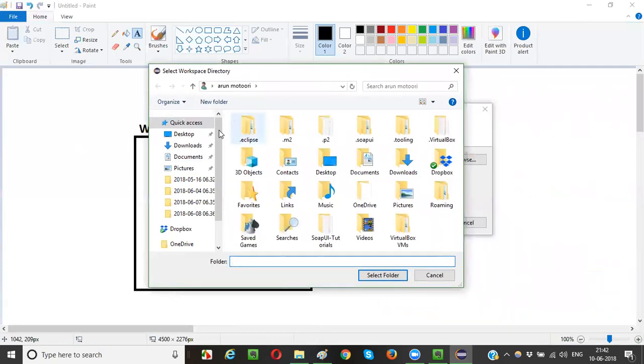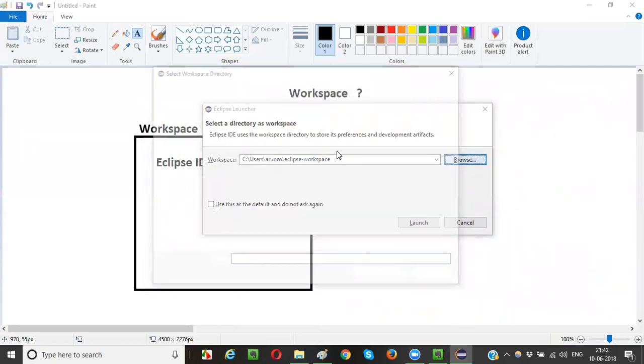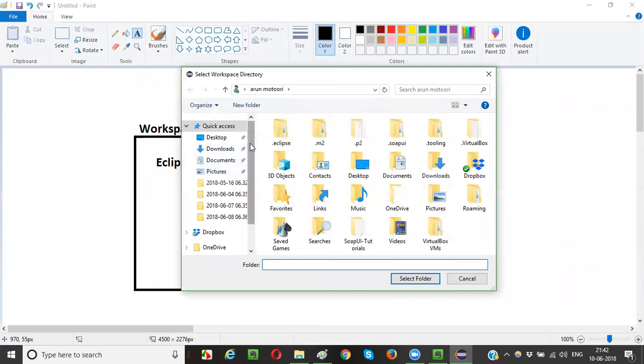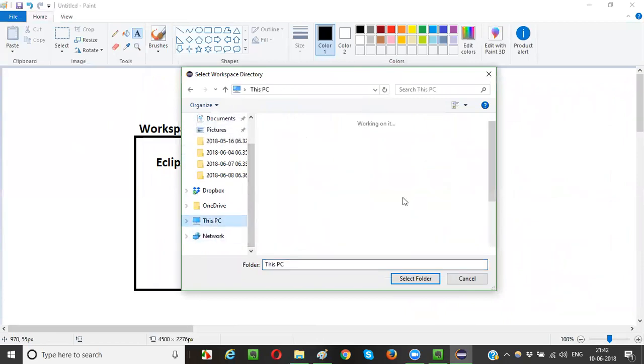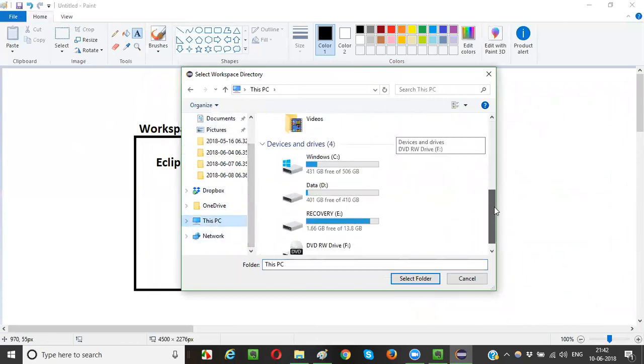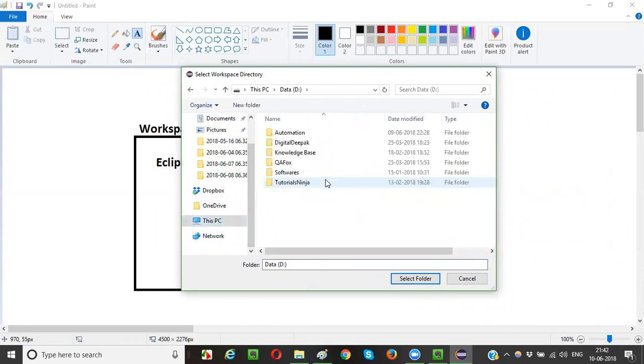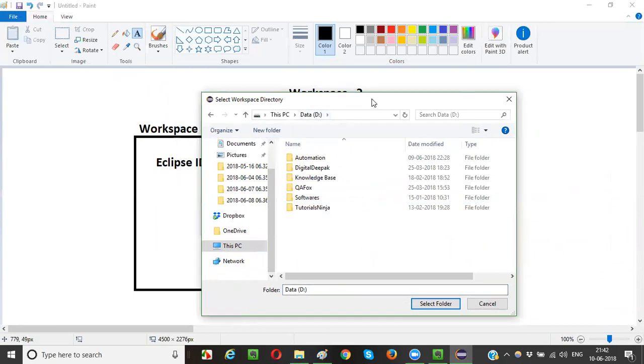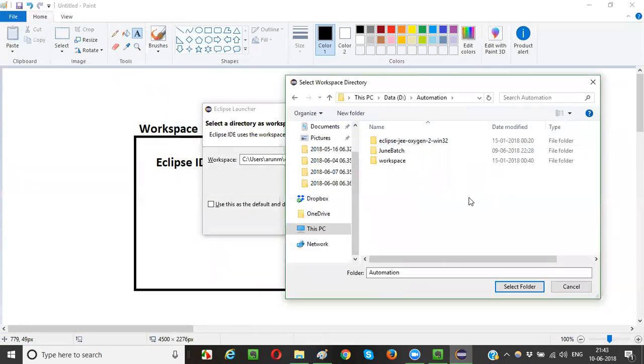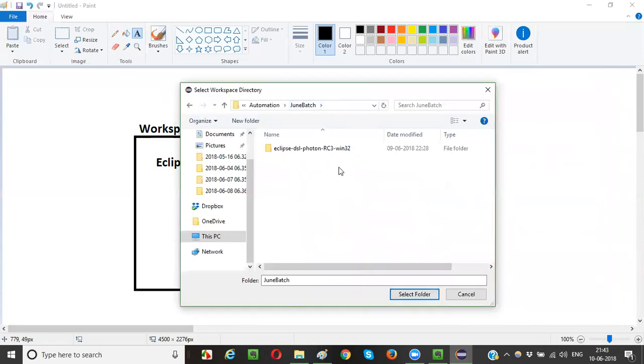So how to do that? Click on this browse button first. You will get this kind of dialog. Scroll down somewhere and select This PC. You'll get all the places on your computer. Go to D drive. I want to go to D drive, but you can go wherever you want, guys. Then an automation folder. This is a June batch folder I created, right? In June batch, I want to create